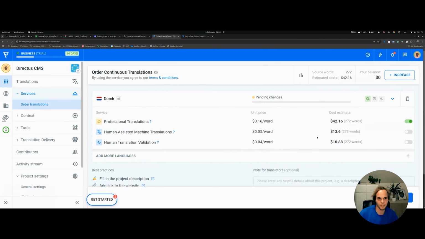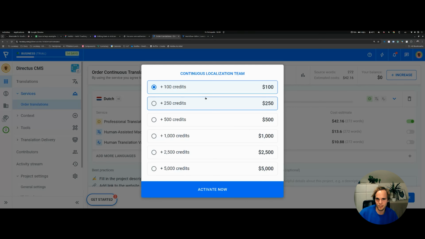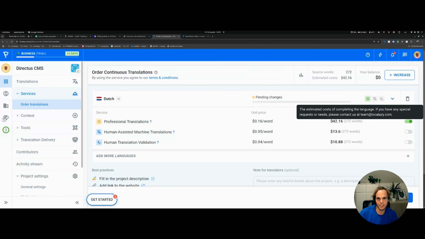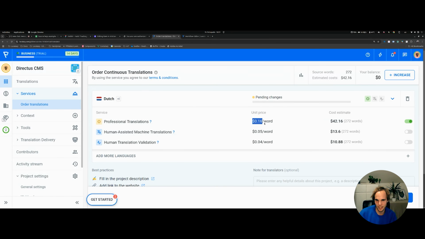And so this is how you can generate it. And as I said, you can set it up differently for different languages. And what is nice about it is that once you add enough credits to your account, the translations will start automatically, and we will continuously deduct credits from your account based on how much work was done. But it will happen automatically, continuously, which means that you don't need to always log in to place another order saying there are 100 more translations or so,